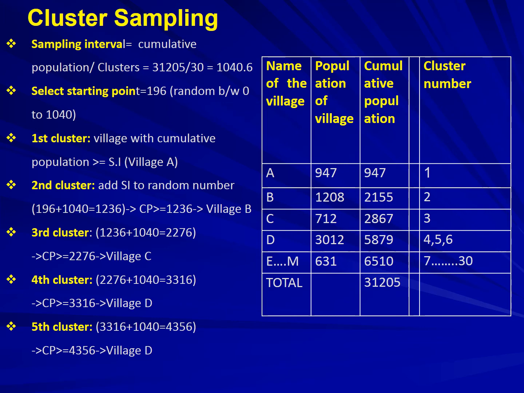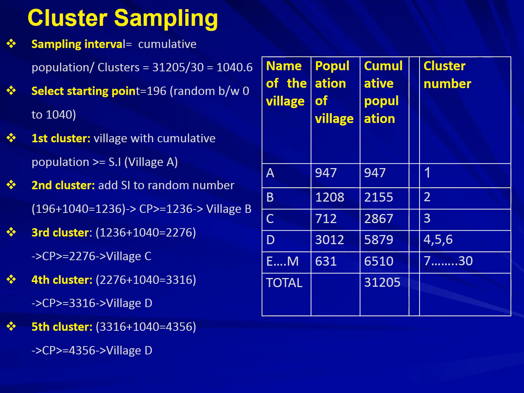Now in the example we have to conduct an immunization survey in a district having 14 villages. Suppose that the villages' names are from A to M, and while doing the cluster sampling, the first step you have to do is obtain a list of the villages with their population. So first step, you have to visit the district administration, take a list of the villages under survey and make a table. In the first column you have to enter the name of the village. As you can see on the screen, there is a table and the first column is the name of the village. So the villages are from A to M.